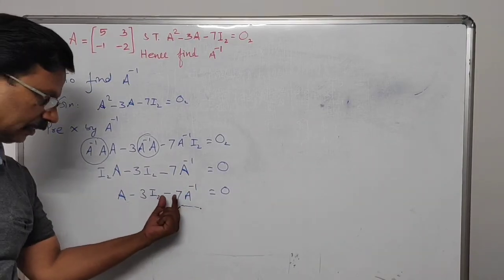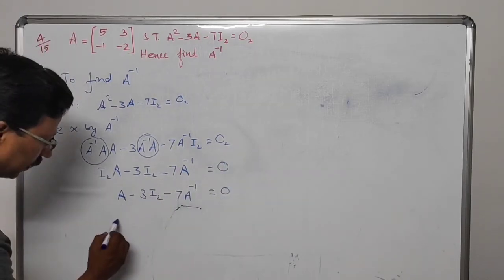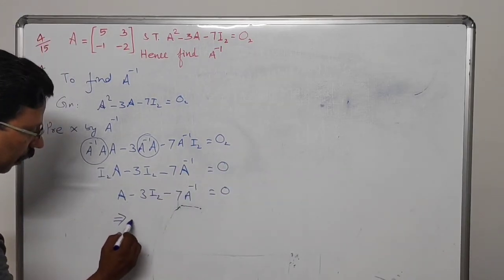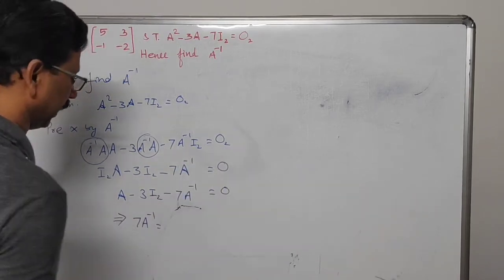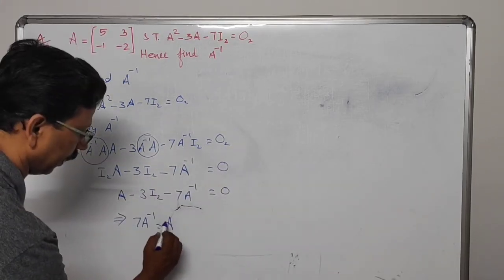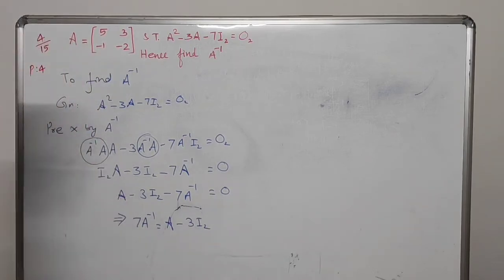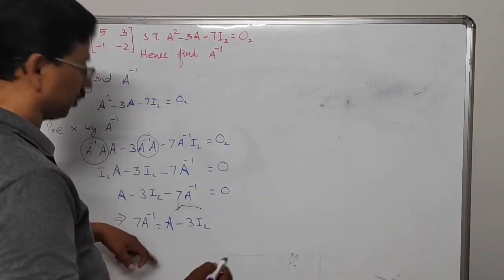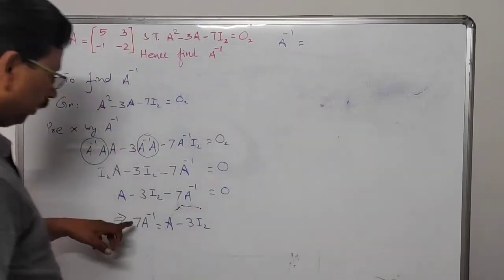This minus 7 into A inverse, we can take to the right hand side. This gives 7 times A inverse equal to A minus 3I2. Now from this, A inverse is equal to, this 7 you can take to the right hand side,